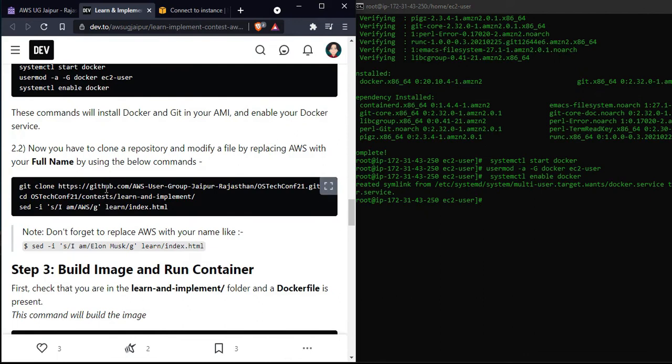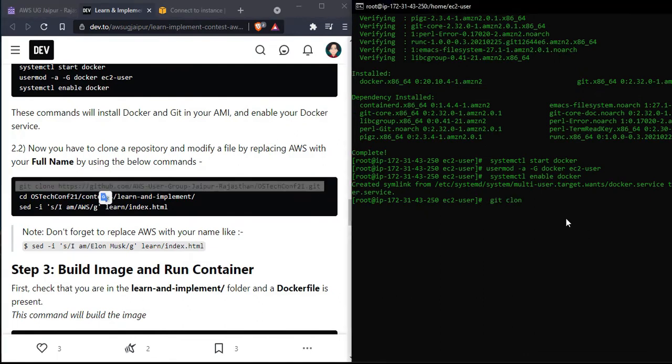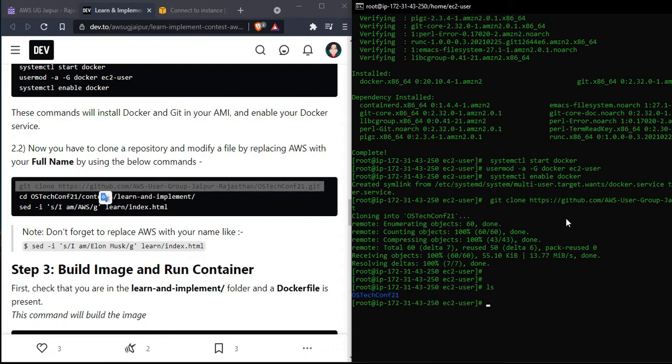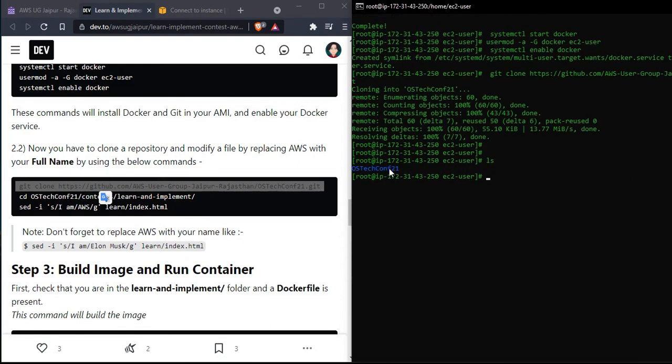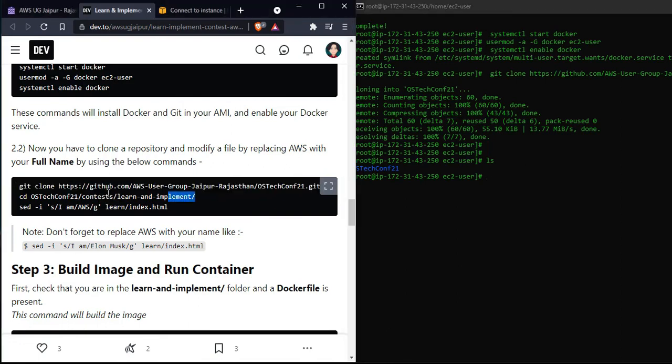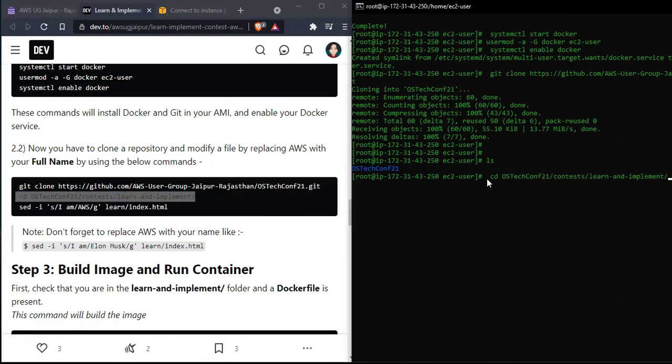Now you need to clone this repository, and you can see this is OS Tech Conference over here. Just change the directory, and what you need to do is just copy this command and change the AWS part, just type your name.